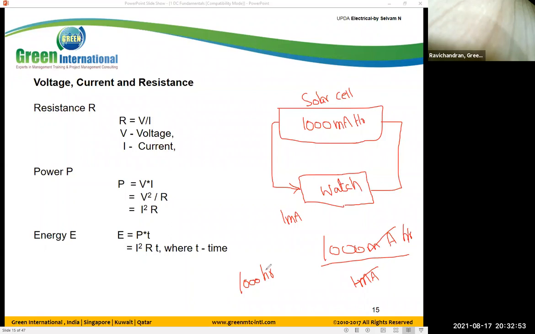Can you find the number of months? Divide by 24 into 30, which gives the number of months. This question was asked in that exam, and it is a purely simple mathematical question. Even though most of the people in the Asian countries...